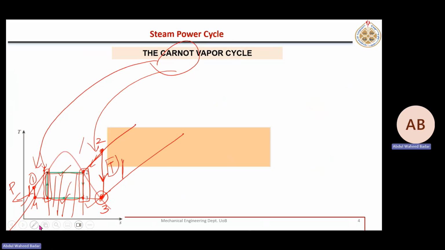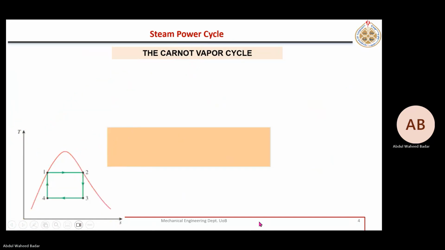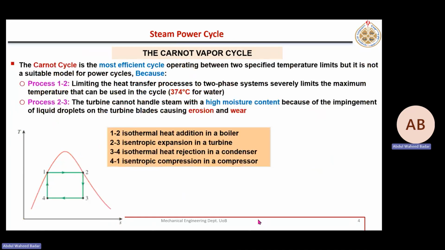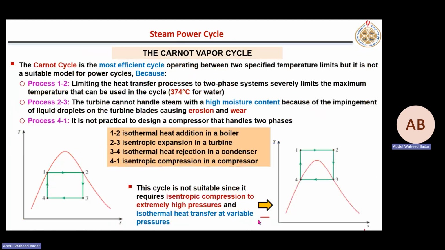And here, if you remember, we used to discuss in thermo that everything is for 1 kilogram of mass. If you need higher power, increase the mass flow rate. But for 1 kilogram, this is the maximum efficiency we can get. Okay, so the rest is already discussed. This is another possibility